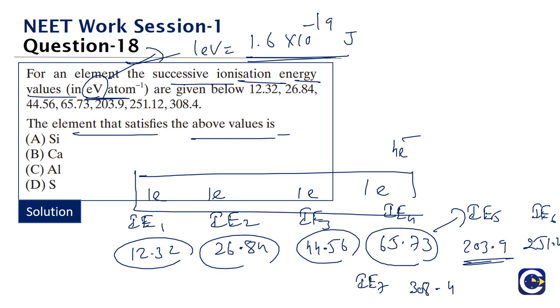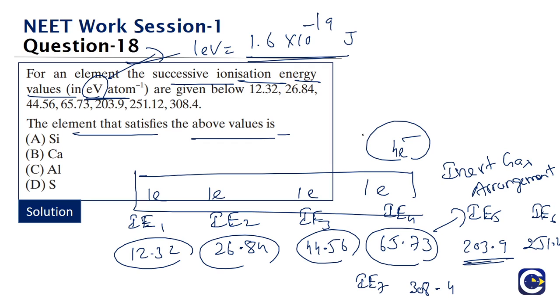Which means what? The number of valence electrons. So wherever we have a sudden jump, it means what? That is where we are moving away from a stable arrangement. Generally, what is a stable arrangement? The stable arrangement is what we can refer to as the inert gas arrangement, the stable structure. Okay, so till 4 electrons you are removing, you see that the ionization energy values are increasing, but when you want to remove the fifth electron you are seeing a sudden jump, means the number of valence electrons of the element must be what?